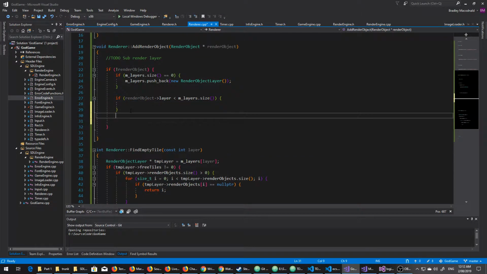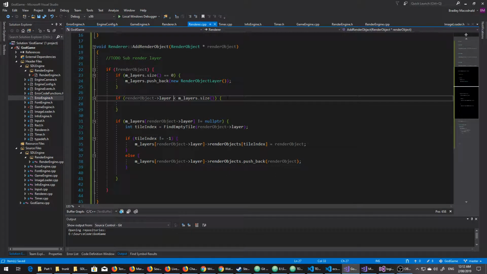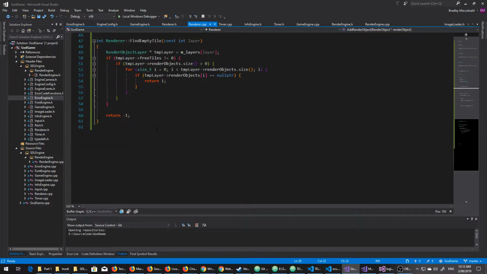Just move this down here. If render layer is greater than or equal to, we will just we'll do